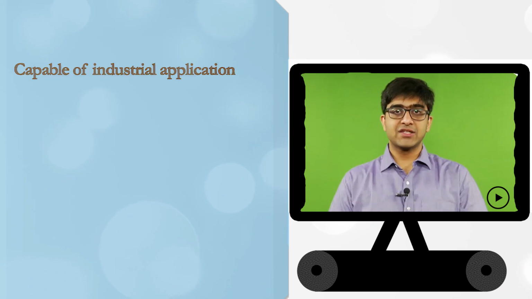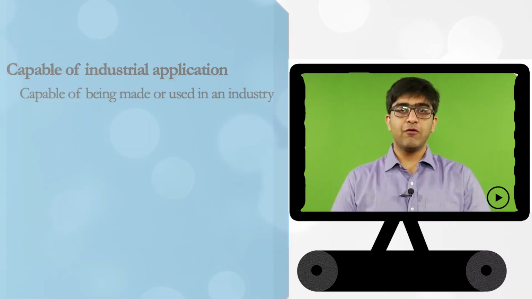Let us now move on to the concept of industrial application. As I mentioned, section 2JA contains the requirement that an invention must be capable of industrial application. In some jurisdictions, this requirement has been coined as utility, that is, the invention must possess utility. The term capable of industrial application has also been defined under section 2AC of the Patents Act.